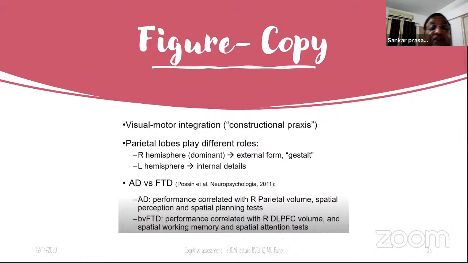Parietal lobes play different roles. Right hemisphere handles the external form, that is gestalt. If you show some gesture, they will copy it, but the left hemisphere handles internal details. So you can differentiate Alzheimer's disease from frontotemporal dementia: in Alzheimer's disease, performance is correlated with right parietal volume, spatial perception, and spatial planning tests. In behavioral variant frontotemporal dementia, performance is correlated with dorsolateral prefrontal cortex volume and spatial working memory and spatial attention tests. So at bedside, when a patient presents to us, we should be able to differentiate between Alzheimer's disease and